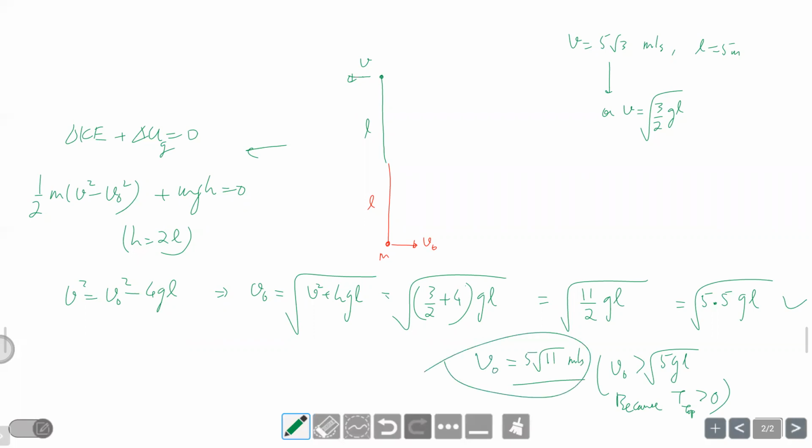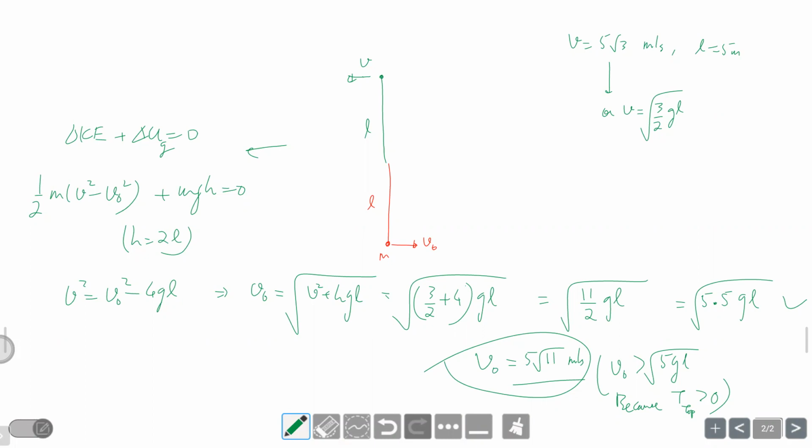Now, if I ask you what is the maximum tension during this vertical circular movement? Minimum was at the top. Where will the maximum be? At the lowest point. How much is that? mg. No, better. Remember that in a vertical circular motion, at the lowest point, tension is always greater than weight. It is mg plus mv square by r.